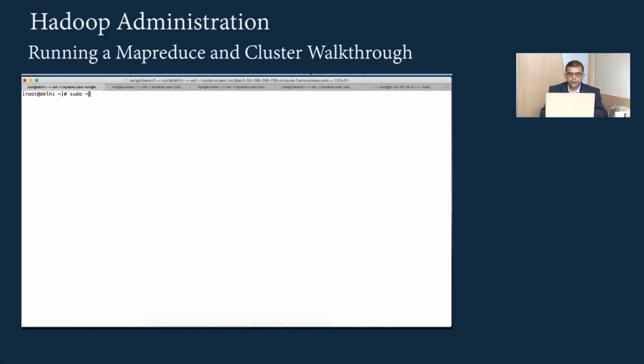Before that, we will have to ensure that MapReduce has access to the Hadoop file system. Let's run this program now.